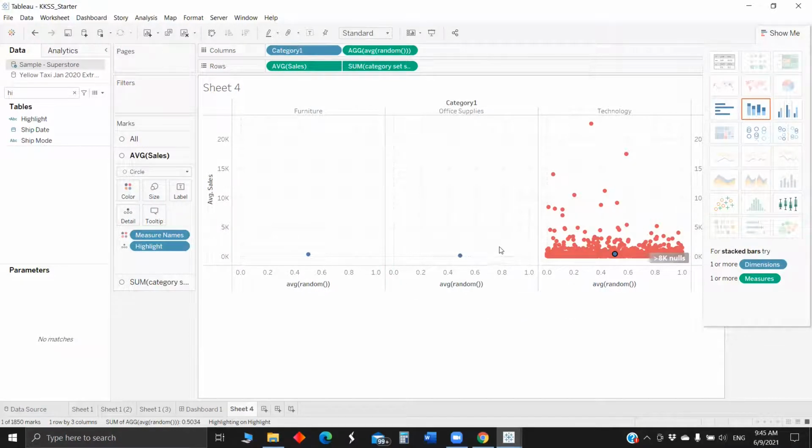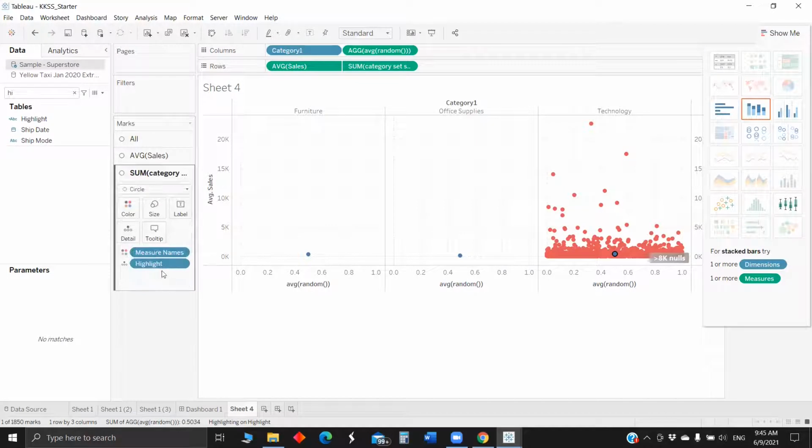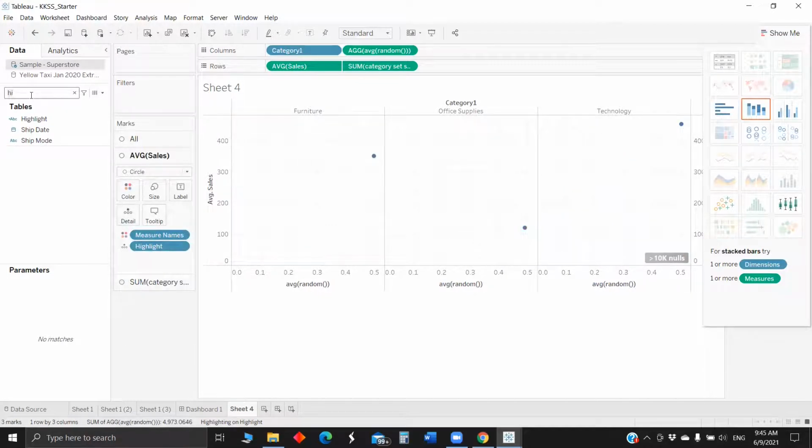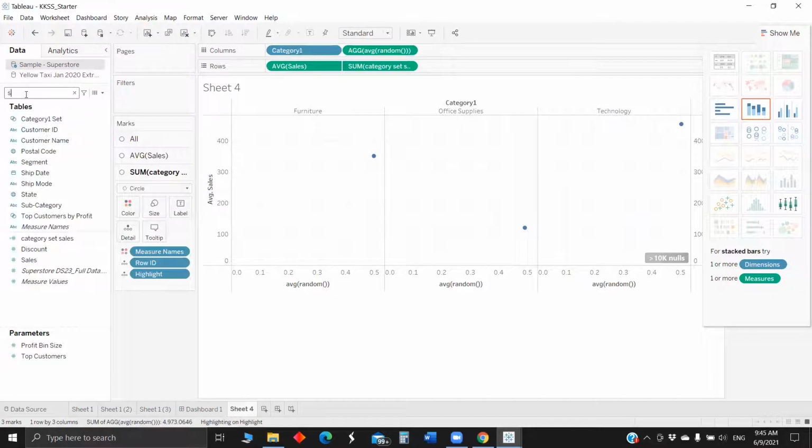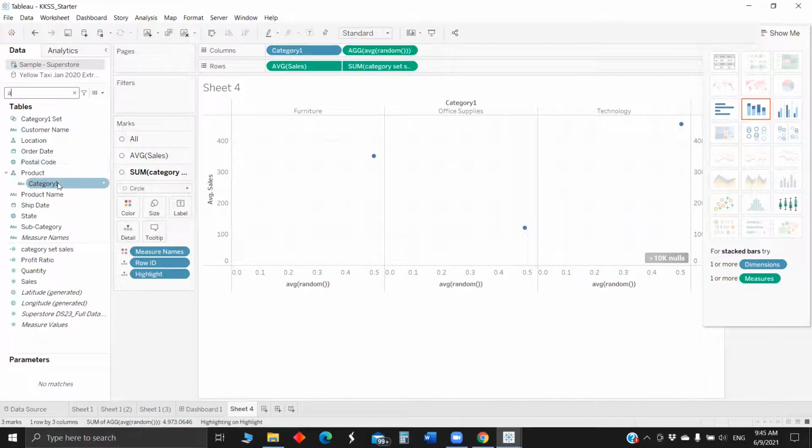The only thing left is banding. Before doing the banding, we will pull the sum of sales into the category sales column, since we would like to show the banding for minimum and maximum.